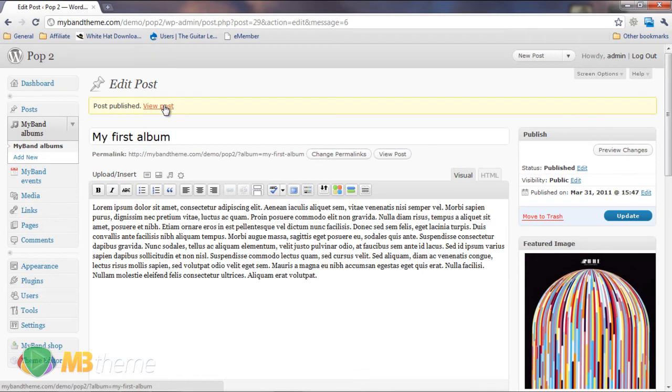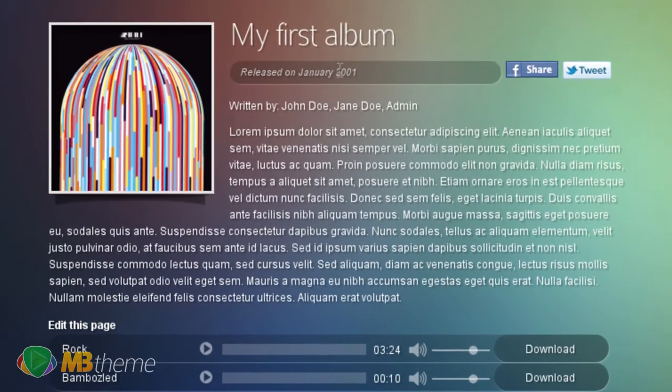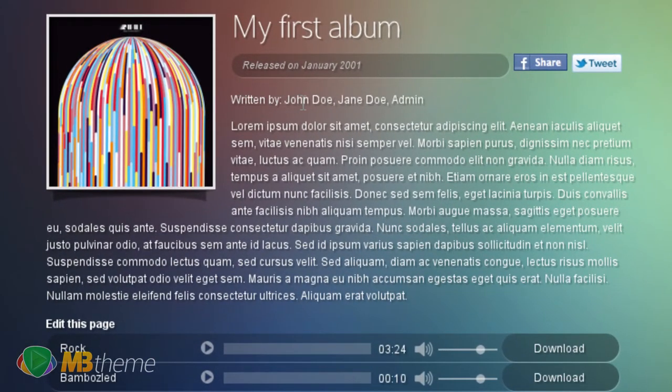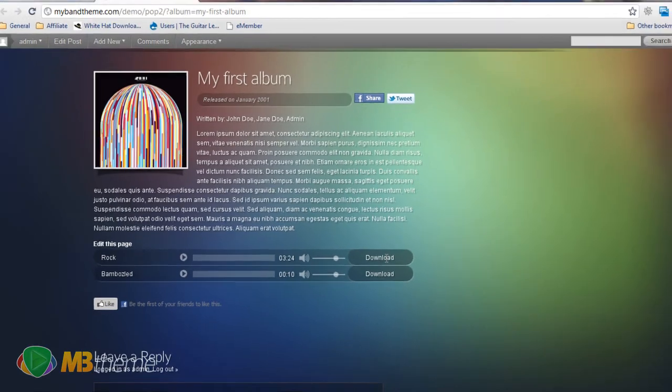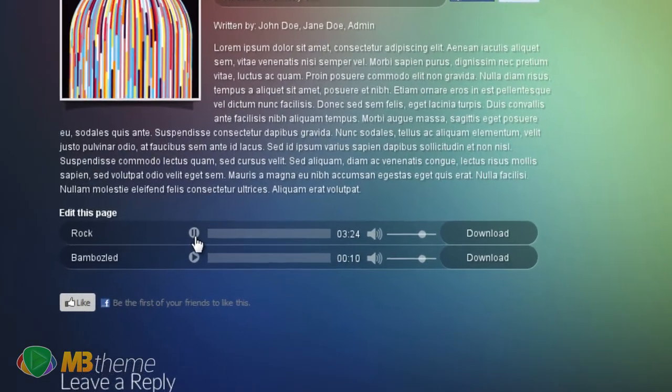And let's have a look at the album. As you can see, the CD cover is here, release date is here, authors and co-authors are right here, and of course you have your songs. Edit this page is only here because I'm logged in as an administrator. You'll have this as well, but your website visitors won't. So if, for example, you click on Rock,